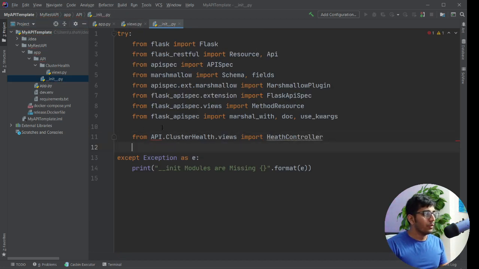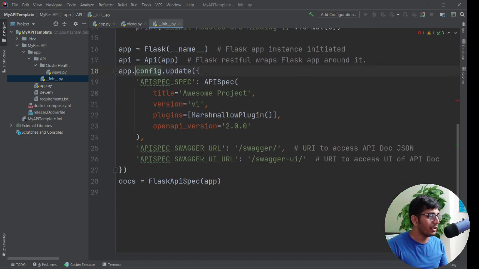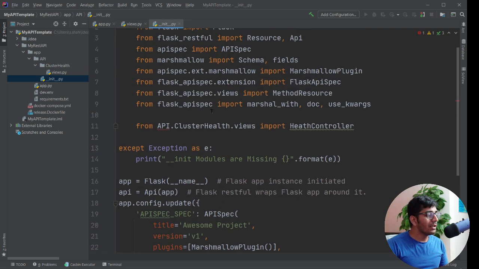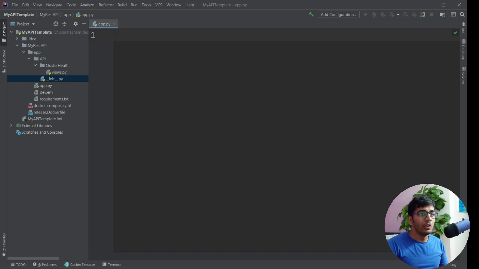Okay. So once that is done, now we need to create the app instance and all the settings. So this code right here would take care. We're creating an app called Flask. We're passing the app to the API route, and we are setting some configuration. This is essentially for your Swagger UI. So when you go to Swagger/UI, you will see a beautiful UI automatically being updated for you. A lot of people, the problem is also not everyone knows how to structure the code properly. That's the reason I'm trying to show you. Now in the app.py, you want to import that from here. So essentially your code should look something like this.